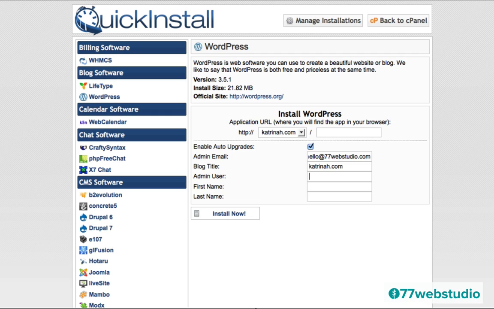The default for WordPress websites is admin, and that's not really the safest username to use, so you want to create a username that is anything other than admin. So I'll just use my name for the moment. And you can add first name, last name if you'd like. I'm not going to do that, and I'm just going to click on Install Now.